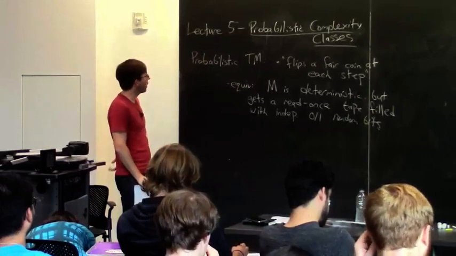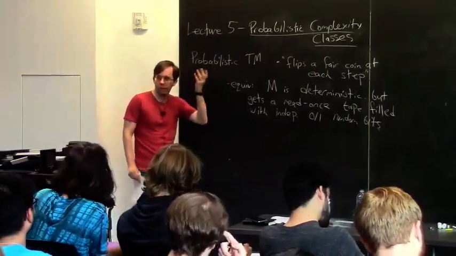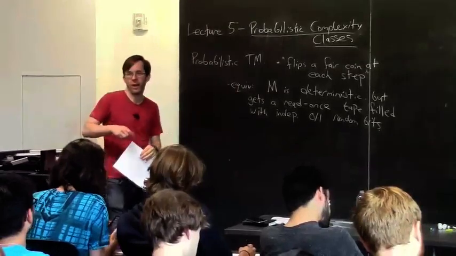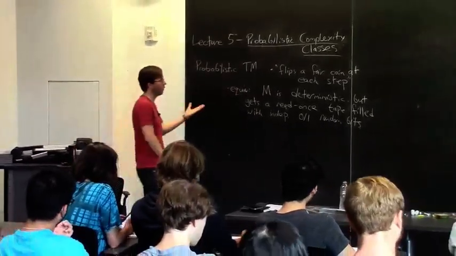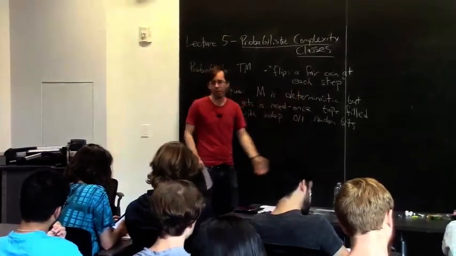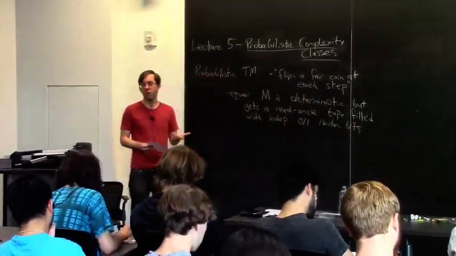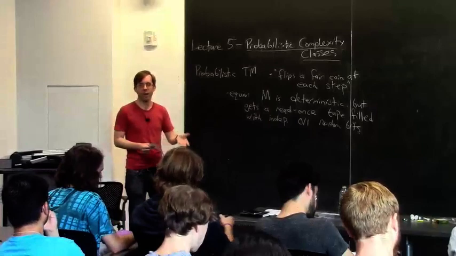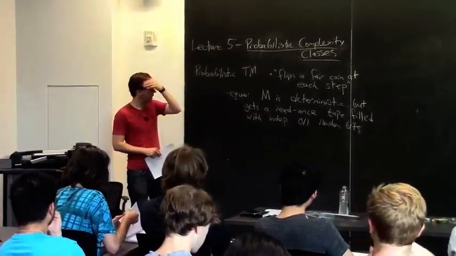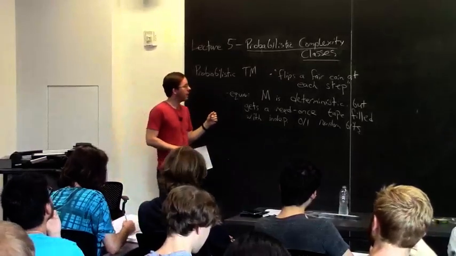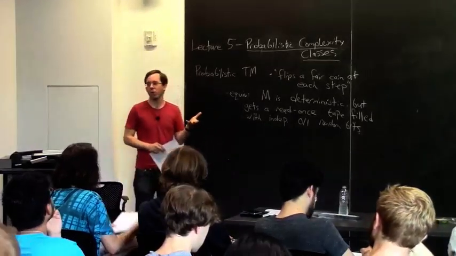Okay, so let's remember probabilistic Turing machines. It's just like a normal Turing machine, except that basically it can flip random coins. We'll take a model where it flips a 50-50 coin at each step. Formally, you can let it have two transition functions, and it chooses randomly at each step which one to use. An equivalent way of looking at it, which we'll often do, is to think of deterministic Turing machines, which